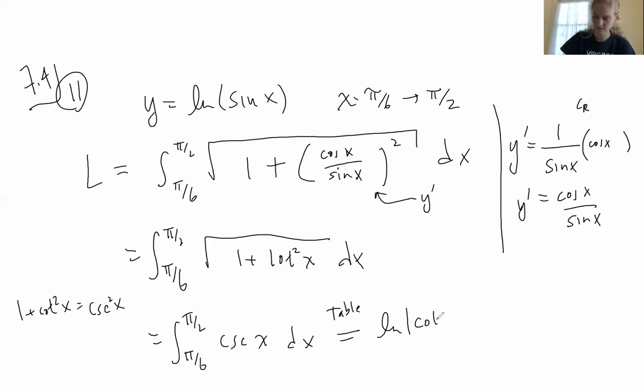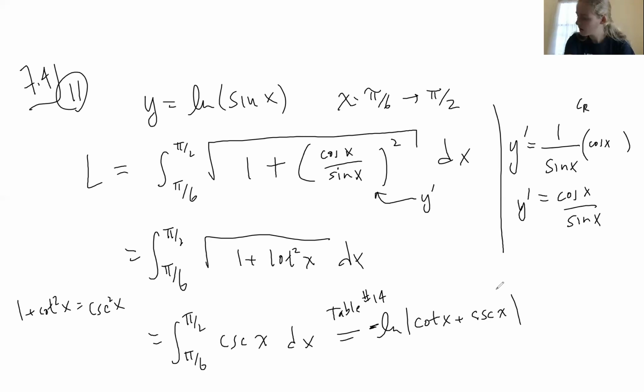Is it the natural log of cotangent plus cosecant, or is there a minus? This is definitely diving deeper into the table than we usually do. I'm just going to write down which number that is. No, it does have a minus on it. It's okay. So according to the table, number 14 in the integrals,